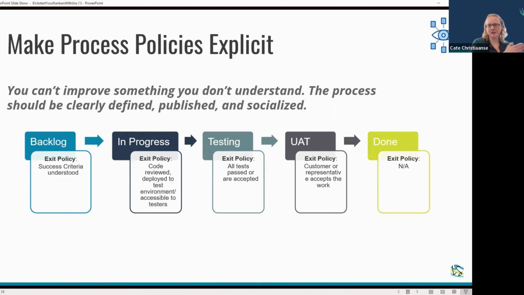And so if everybody agrees and understands how to go from step A to step B by looking at the board, what's going on based on these pieces of information. Right. And to Cate's point, these are development examples, but for those of you who may be in technical operations teams or on any operations teams completely outside of technology, if you pause for a minute, throw the tool